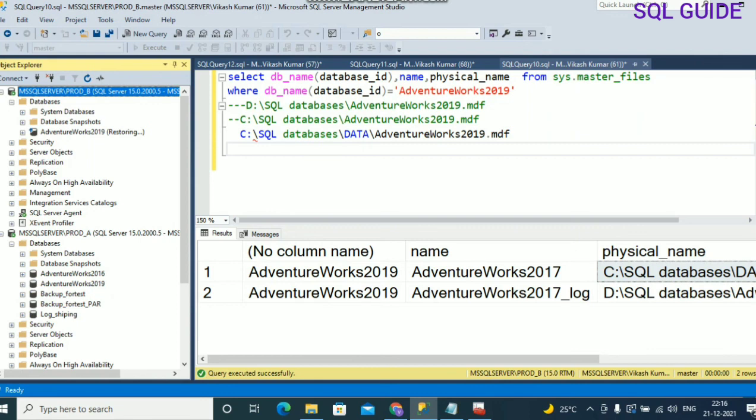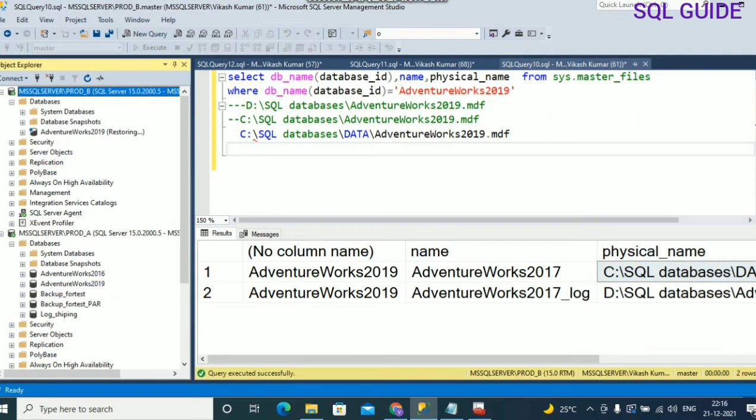So this is the way to move a log shipping secondary database data file from one drive to another drive. And you have to remember, if the log shipping secondary database is in standby read-only, first you have to change it to no recovery.